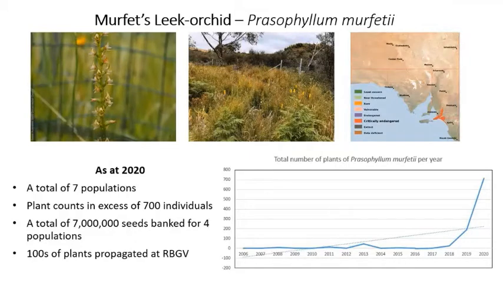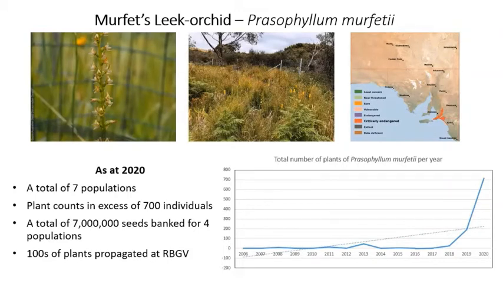One of the case examples for this project is Murphy's leek orchid, Prasophyllum murfetii. This is one of South Australia's most endangered orchids and is endemic to the fluoro swamps south of Adelaide. 4 years ago, it was known reliably from 1 to 2 flowering plants at a single location. As of last year, 2020, we'd found up to 700 plants in total across 7 populations, and these included new